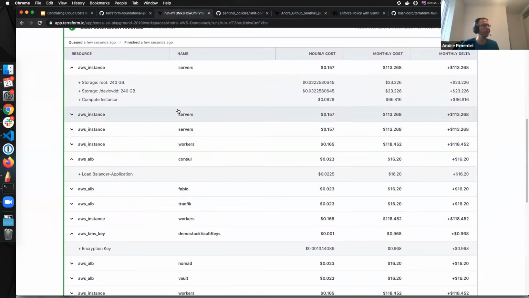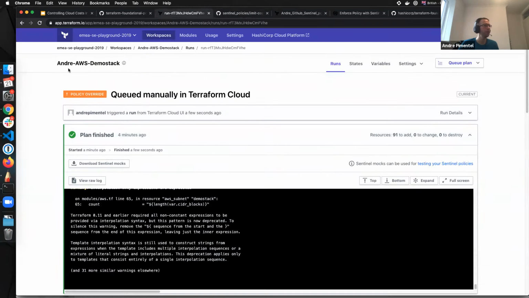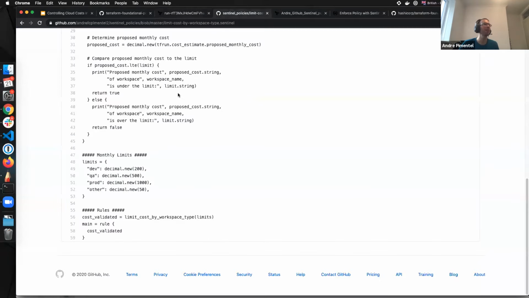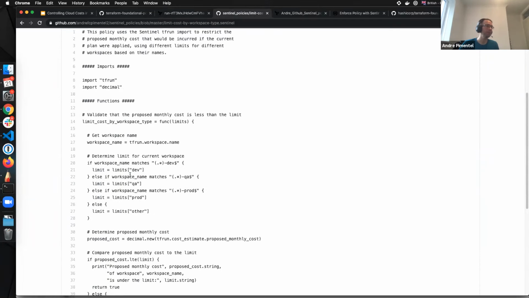So if you go back here to my workspace, under AWS demo stack, it doesn't have any of the pipeline stage naming convention here. So it falls in the category of other. If I put a -prod here, yeah, that will definitely pass. So this is my policy here.